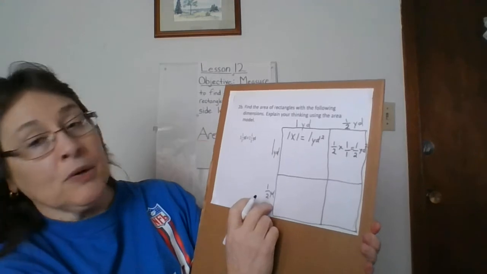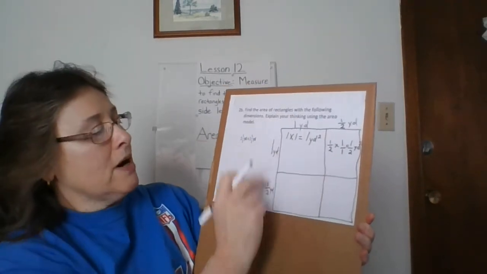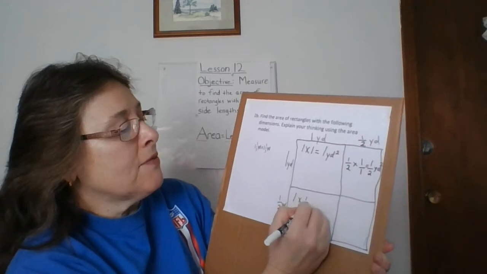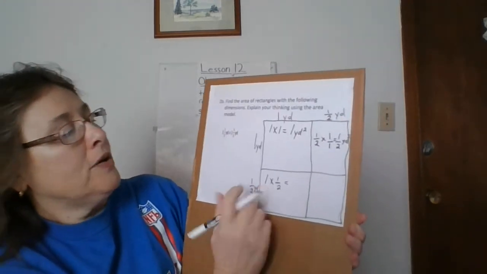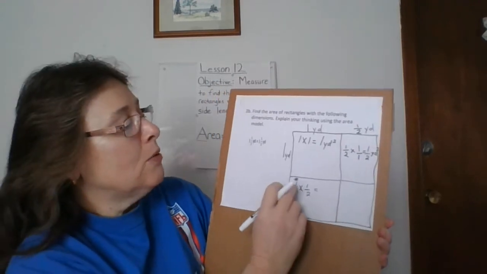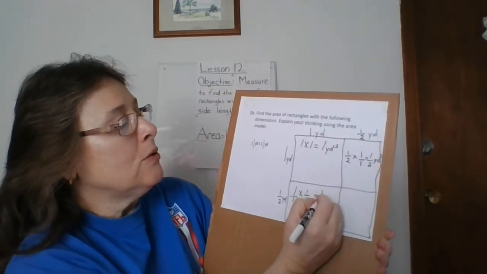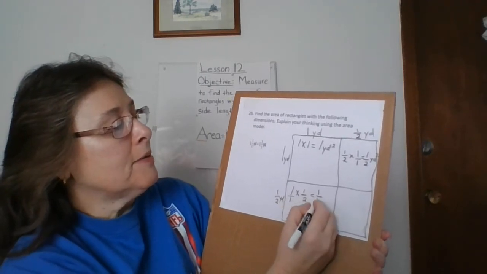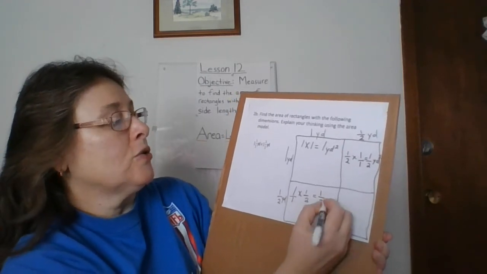Then down at the bottom, I'm going to do the same thing. I'm going to do 1 yard times a half. So 1 times a half. I have 1 whole. I'm going to put it over a 1, so I have fraction times fraction. 1 times 1, numerator times numerator, denominator times denominator. 1 times 2 is 2. So I have 1/2